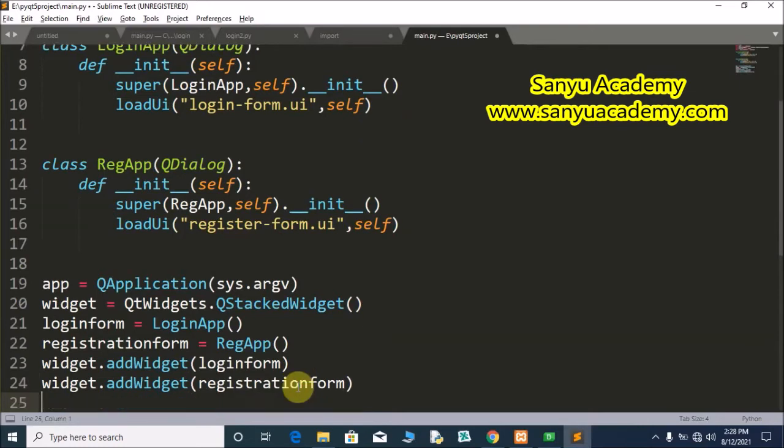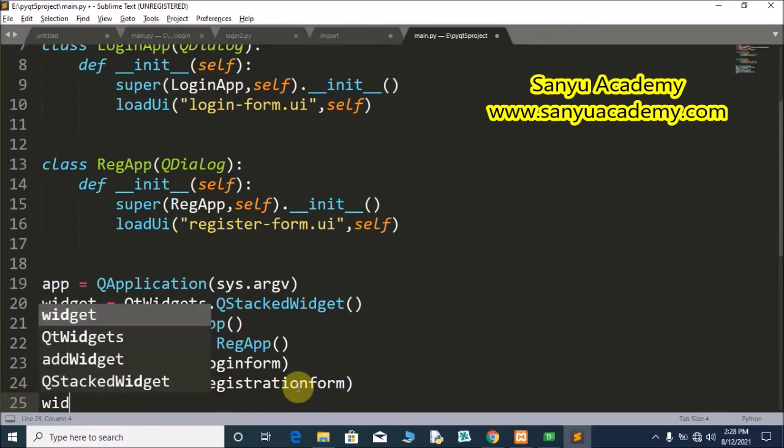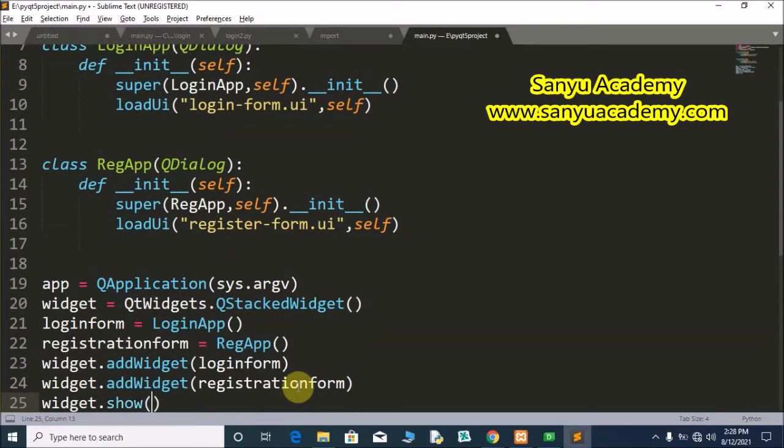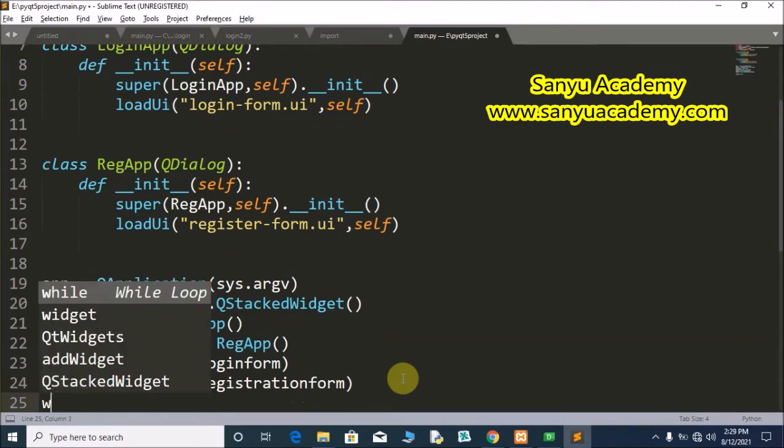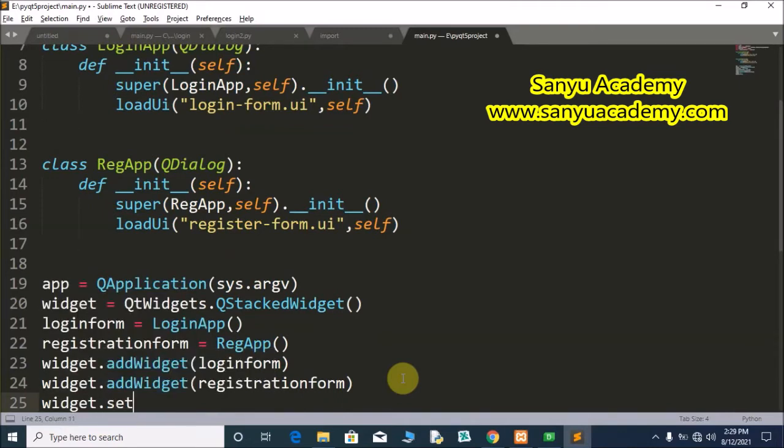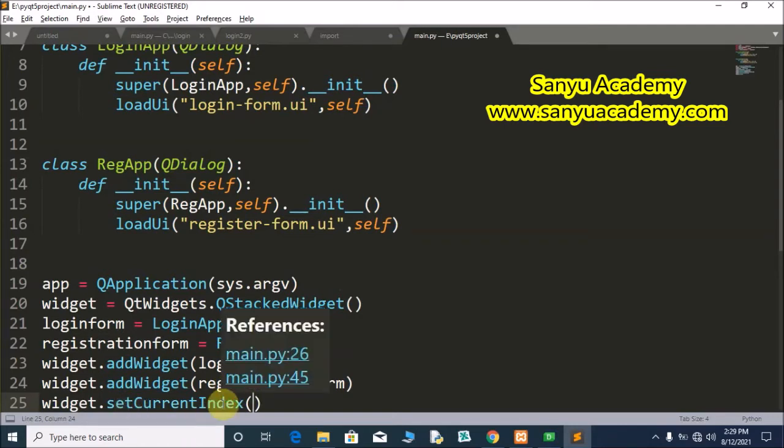Now we have to show the widget. Before showing the widget, we have to set which form to be shown. For that, widget.setCurrentIndex. If we want to display the login form first, we have to set current index as 1.